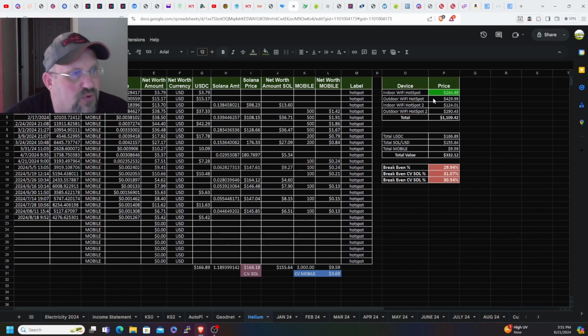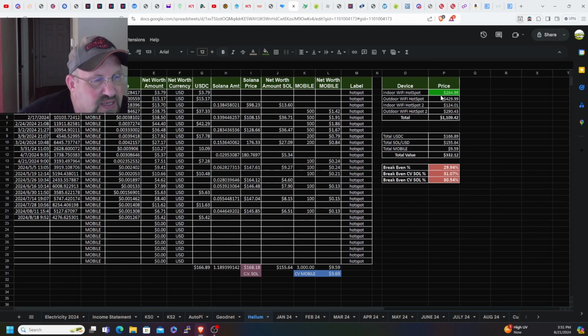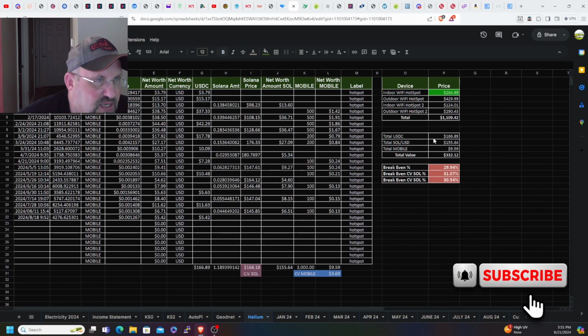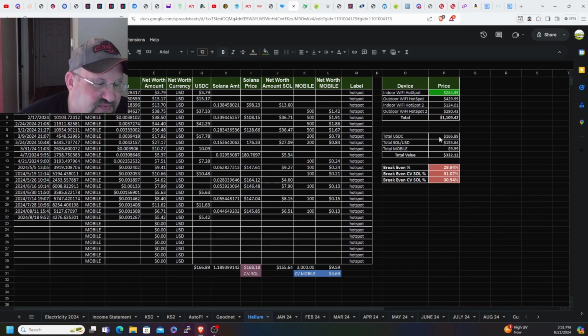The second indoor and outdoor hotspots I did buy on that birthday sale. So I got the one for like $99 plus shipping, and the other one for $249 plus shipping and taxes and all that. So that's what I paid for them. So my total investment's $1,100, which is actually still less than what I have in the IoT miners. I have,